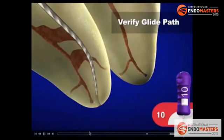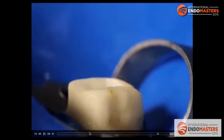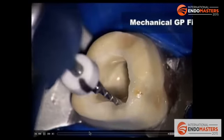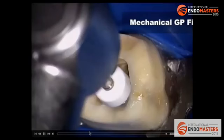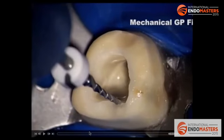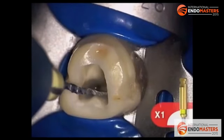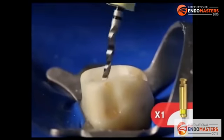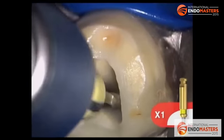We verify the glide path firstly with the 10 hand file, and after the 10 hand file we use, in this case, the ProGlider. With the ProGlider we create this highway for the X1. After the ProGlider we establish working length also with the apex locator, and then we have a highway to use the X1. We use it brushing against the canal walls to create a space, to create a taper